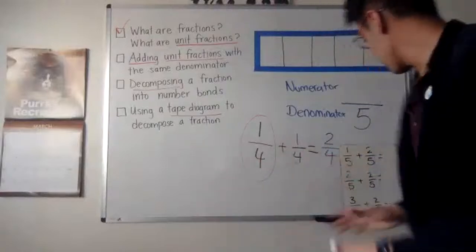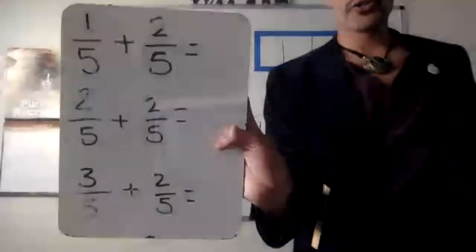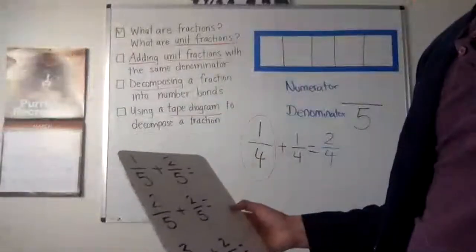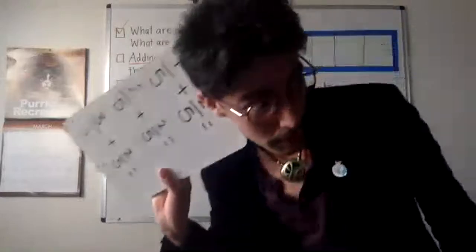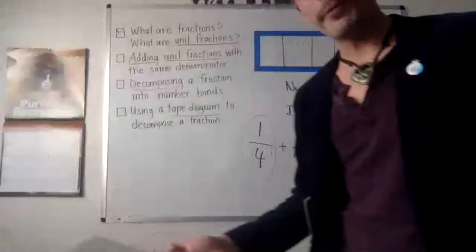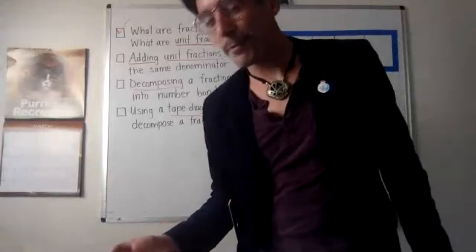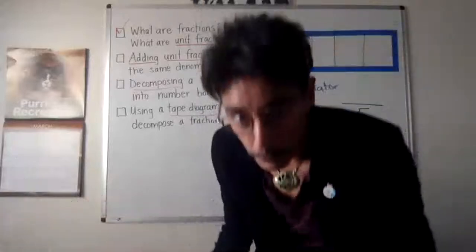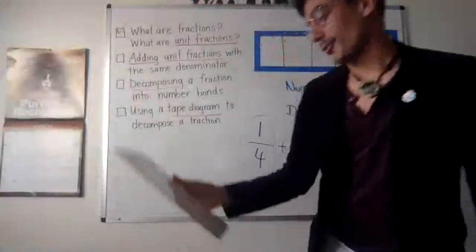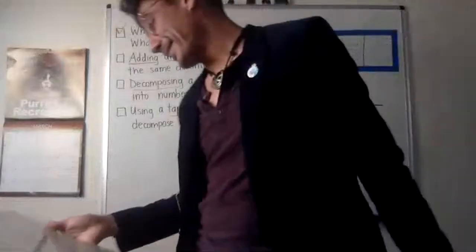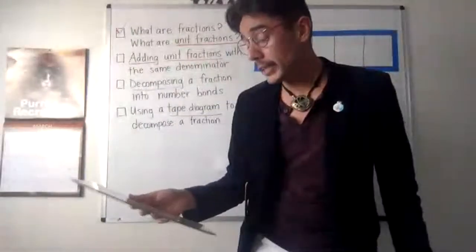We did this over here. You did it on your own, so I'm going to read them off. You have 1/5 plus 2/5. That should equal, that's right, 3/5. Now you have 2/5 plus 2/5, and that should equal 4. Ayana? 4/5. Good job. And also 3/5 plus 2/5. That will equal